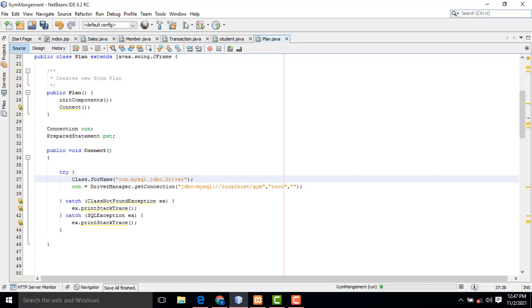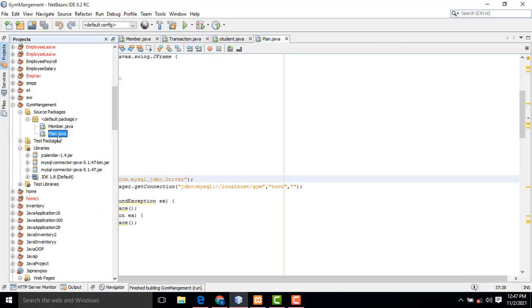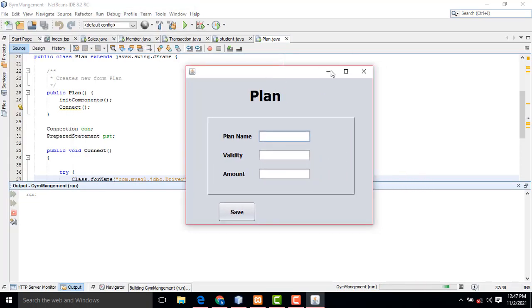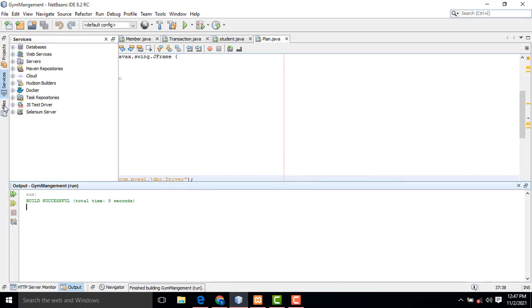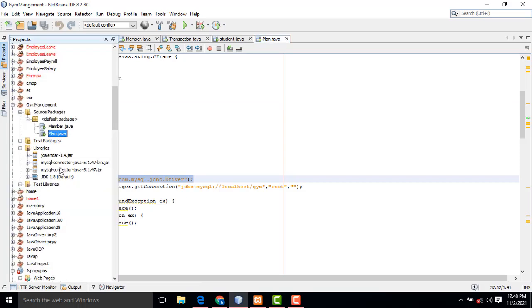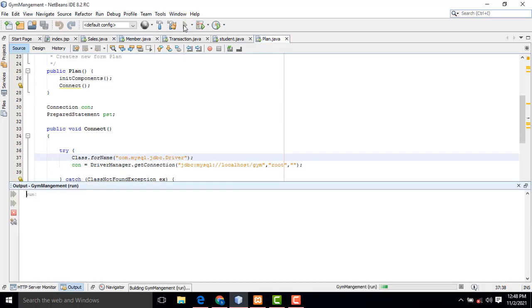Now when you execute the program and check, now it's working. The problem was that the CJ driver was the old one, because the connector I imported is the oldest version. If you go to the internet and download the newest one, you have to put it here. It's this one, CJ. Okay, that's the error. That's no problem. Now it's working.